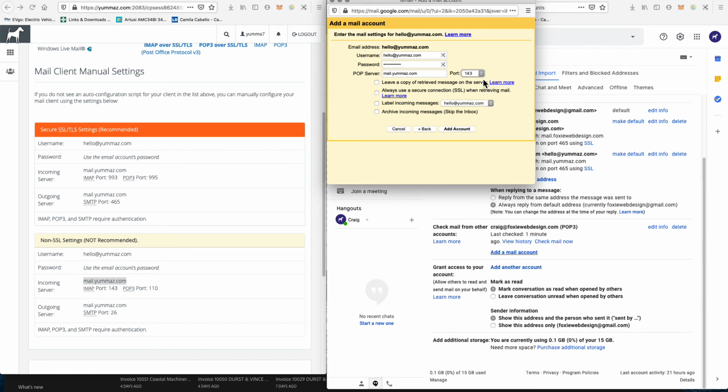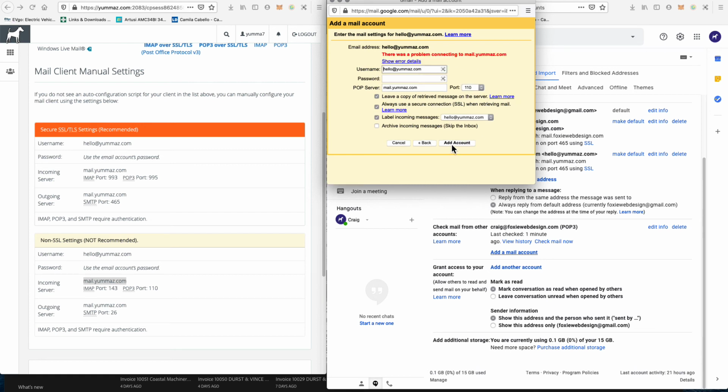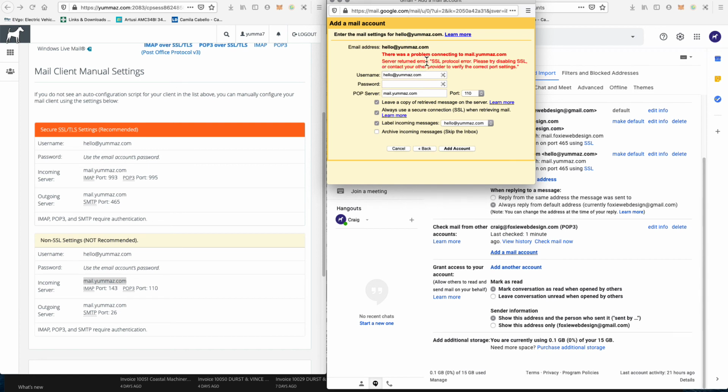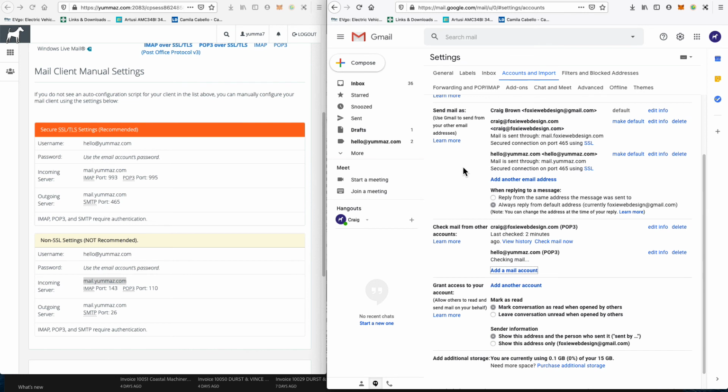If I press 143, I'm going to expect an error. I'm going to change that to the one it's meant to be, 110. All right, let's just try that again. Add account. It still says there was a problem. Show error details. Let's have a look. Okay, it's saying please try disabling SSL. All right, well, we'll do that for now. All right, that worked. I guess because you can't do SSL on POP3, but honestly, I was showing you that